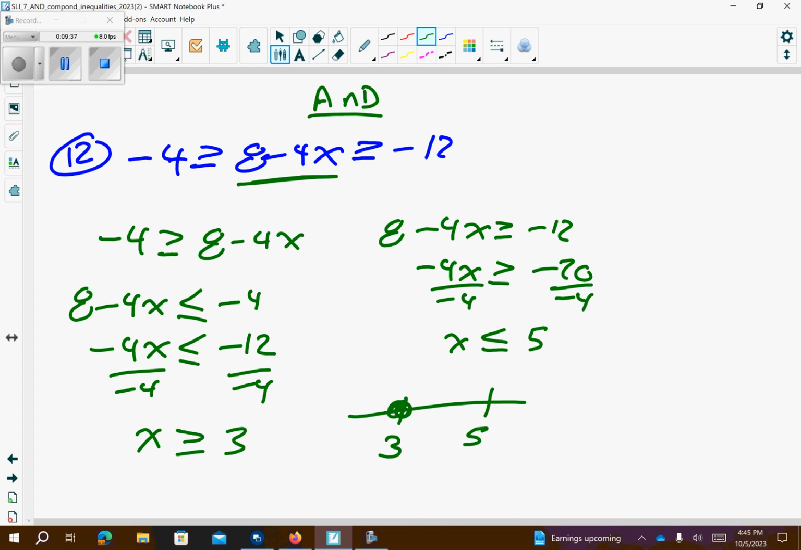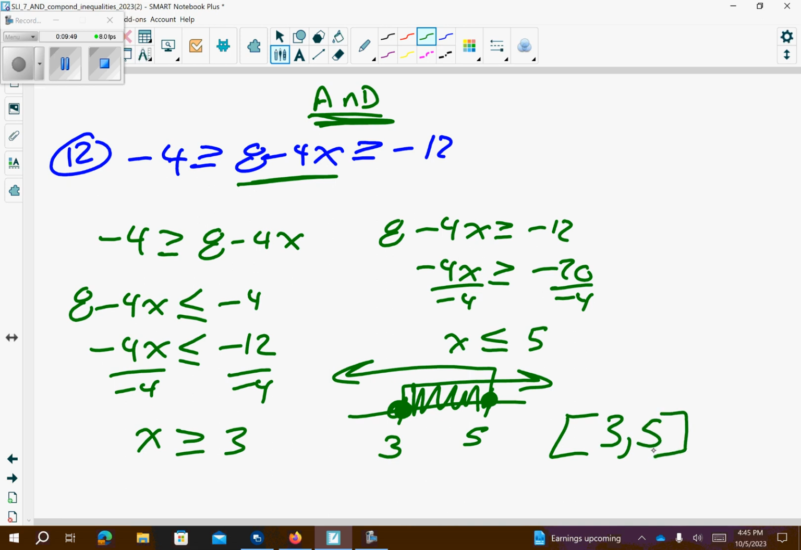I have a solid dot at the 3. It's going this way. I have a solid dot at the 5. It's going this way. I'm looking at the overlap because it was an and problem. So this is going to be square bracket 3 to 5, square bracket, because you had